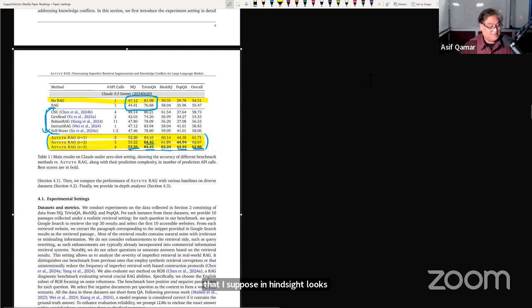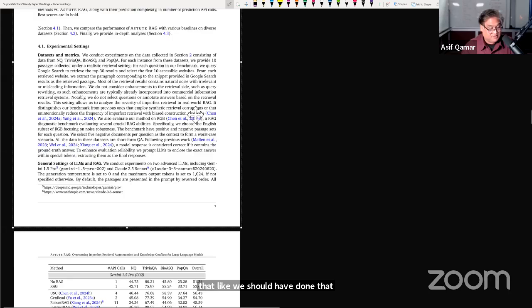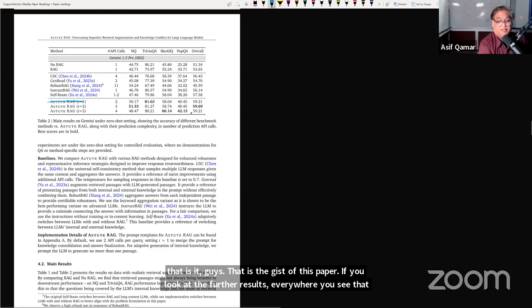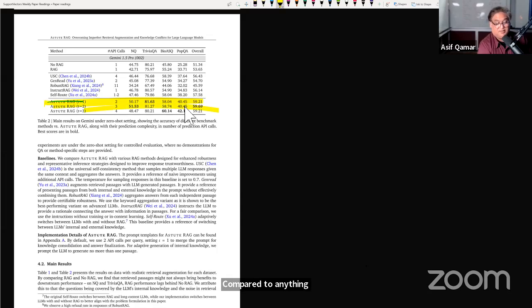So that is it, guys. That is the gist of this paper. If you look at the further results, everywhere you see that compared to anything prior, all the bold numbers, which are the state-of-the-art results, are here with Astute RAG. Right? So in one paper, they seem to have managed to outdo